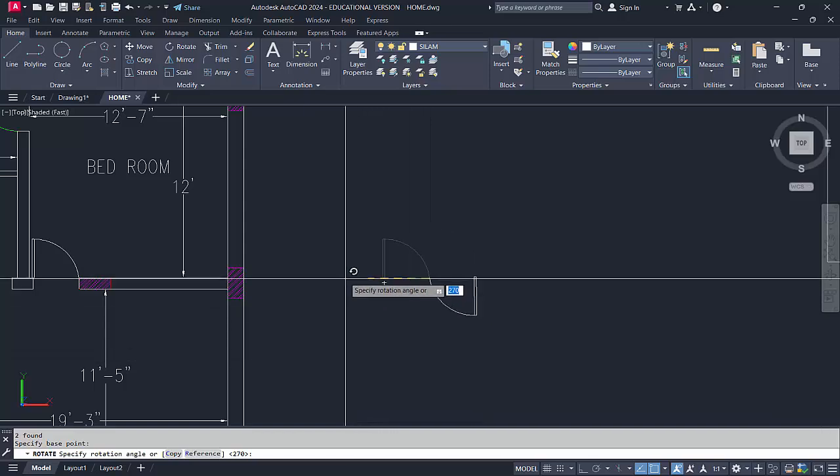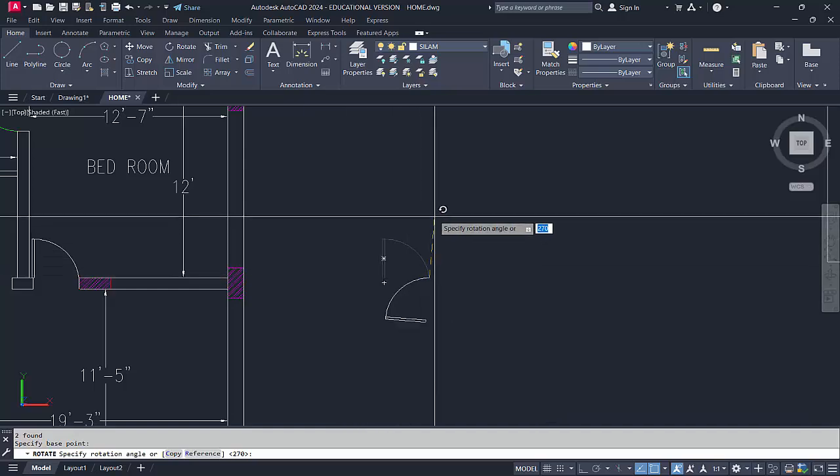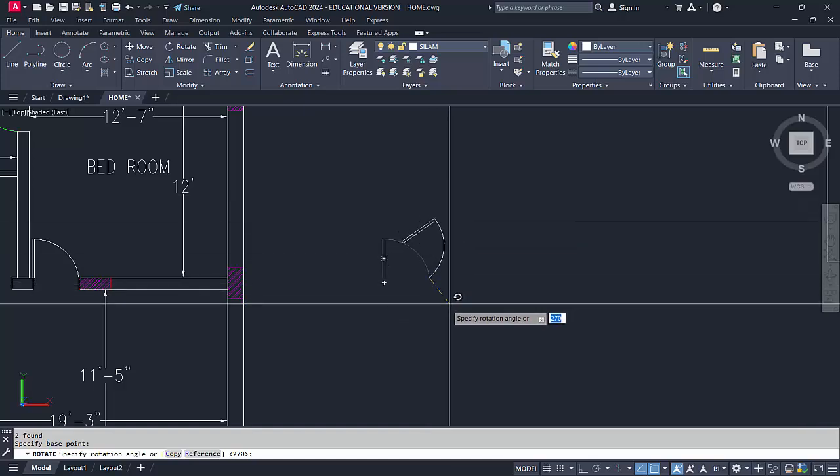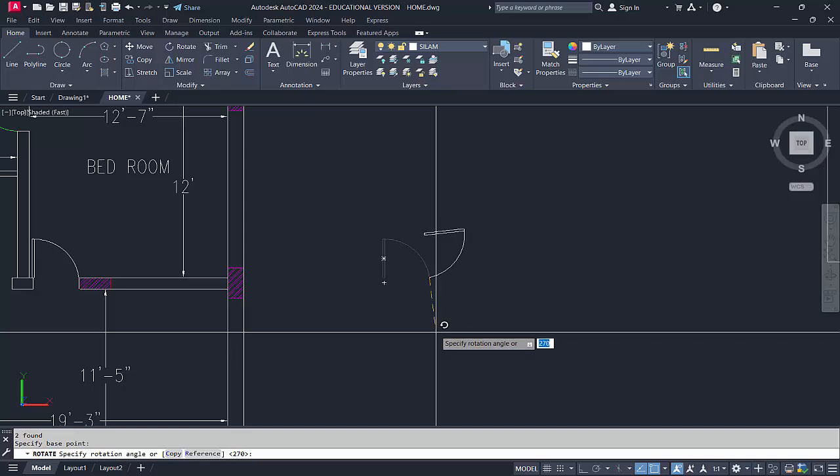If I want to use this one, you can use. If I want to use here, you can use. This one is the rotate command. This one is the benefit of rotate. And second,